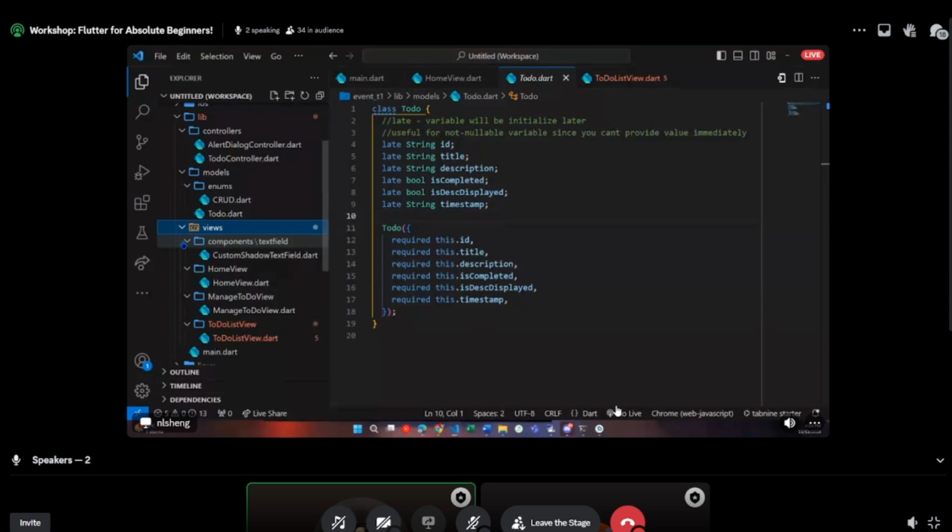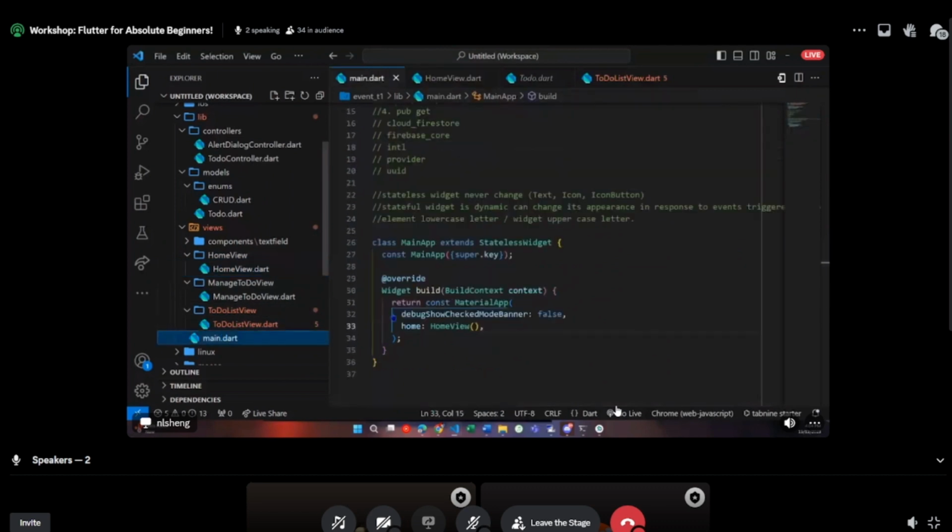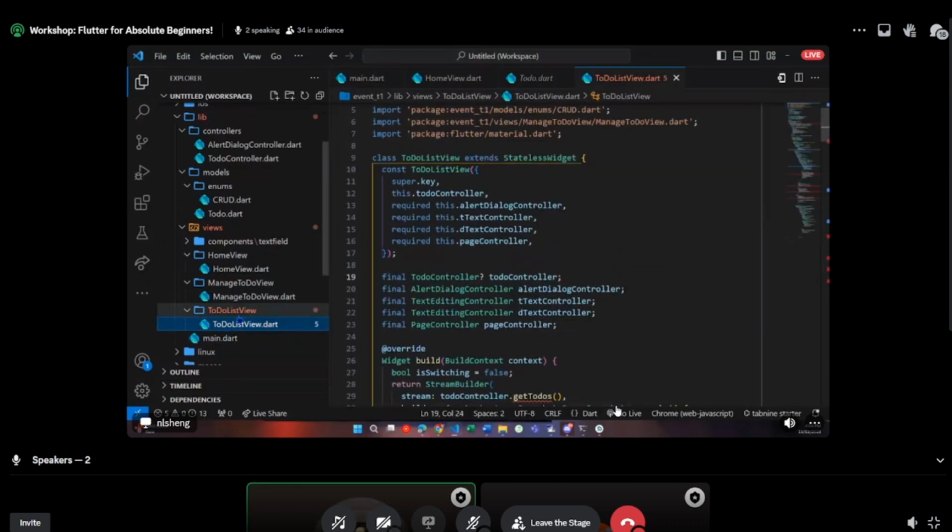Yeah, the UI components. So you can do it like this. Like for each page, you can put it in its own part, not like all in the same part. And then you can create a structure like this, like create a folder home view. And then if let's say your home view page involves many components, then you can separate them out by creating a new component. And then you can use the extract region